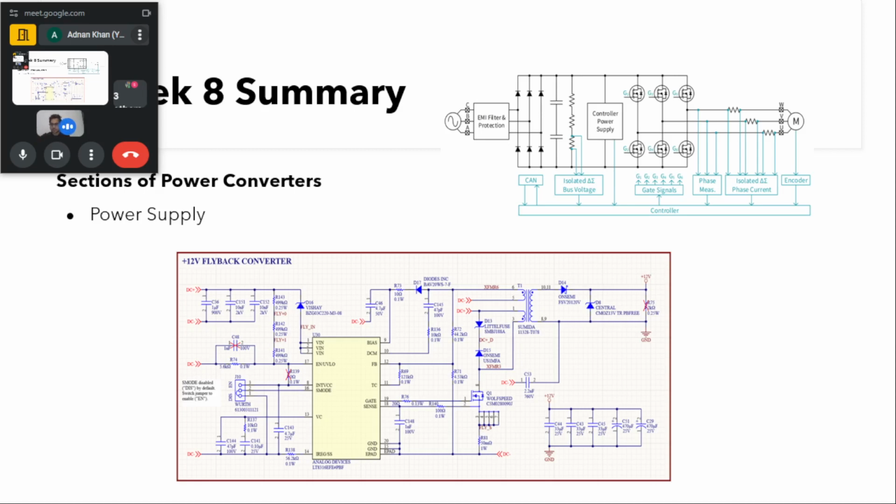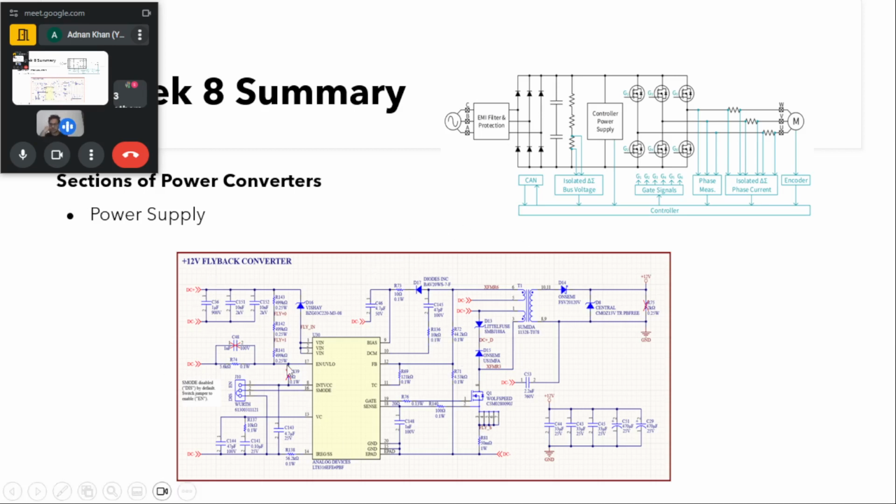we can provide them externally by some DC supplies, DC source, or we can have some auxiliary supply, which will take the whole DC bus, and from that DC bus we shall generate the different appropriate voltage levels that we will require for our low power side, be it for our sensing, controllers or any other circuitry. And here you can see